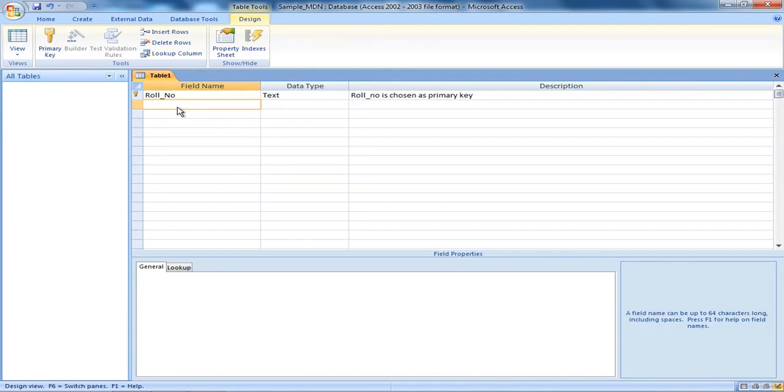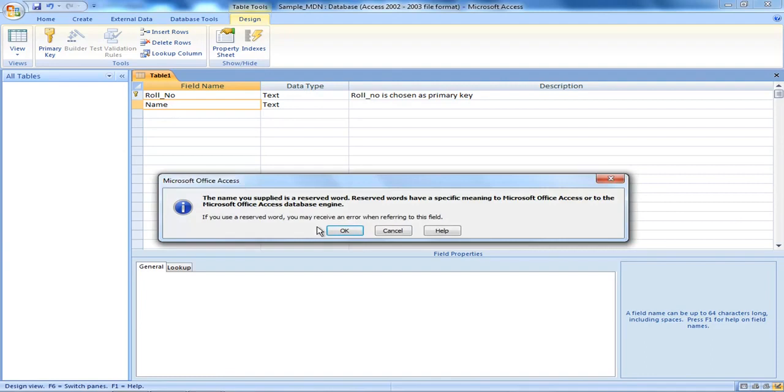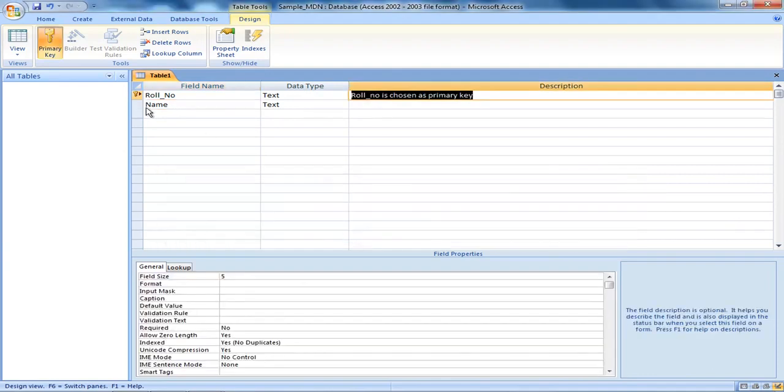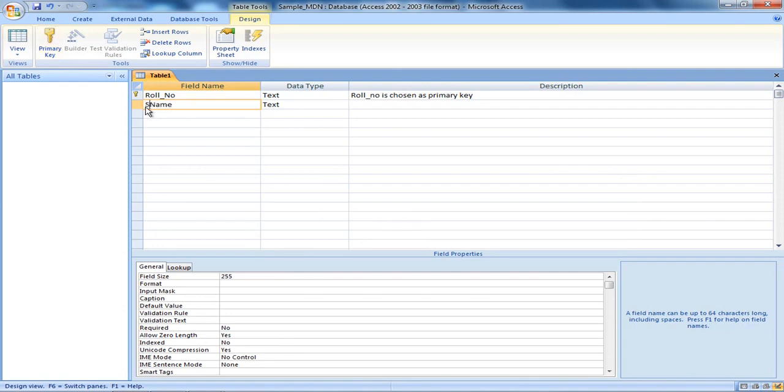So now we come to the next field name. Next field name, suppose name, or let me write student. Anyway, name is a reserved word.